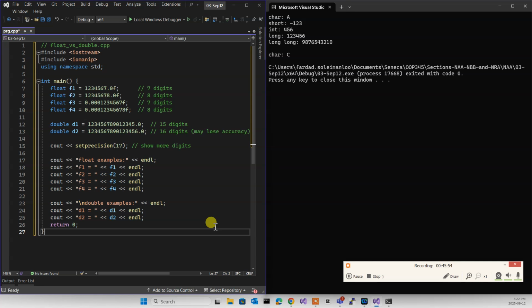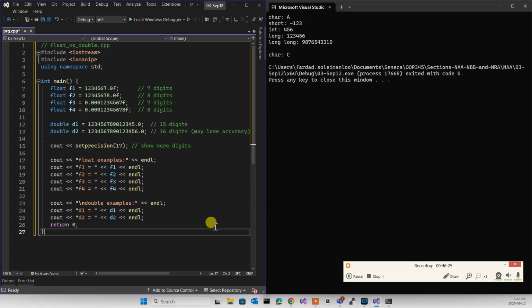For doubles, it's 15 digits. So if you have 15 digits back to back, it's precise. The reason why F3 and F1 are the same is because moving the point in the number only changes the exponent value. The digits are what is being shown. Because 7 digits is for float, that's going to be anyway 1.23 yada yada multiplied by 10 to the minus 1.